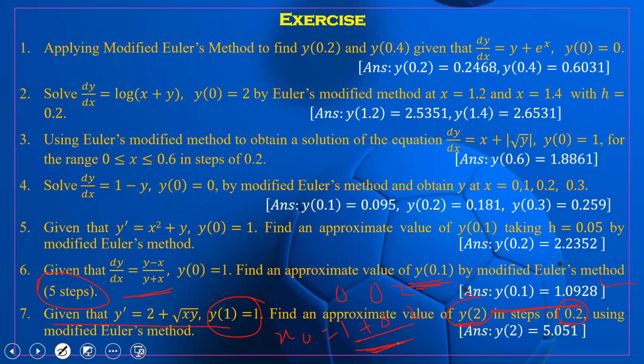Okay, this one, and also we have already taken, I think this 6 and 7 are lengthy questions. But in the exam, I think there will not be more than 2 steps. But we have to solve some examples, and then it will be better for us, so that we are able to attempt the questions of Euler's modified method.